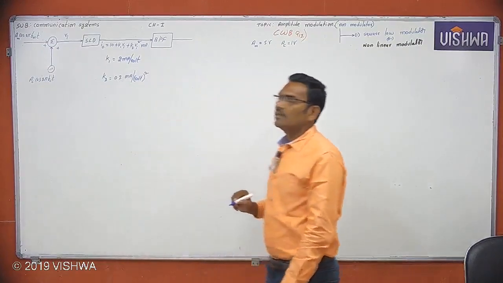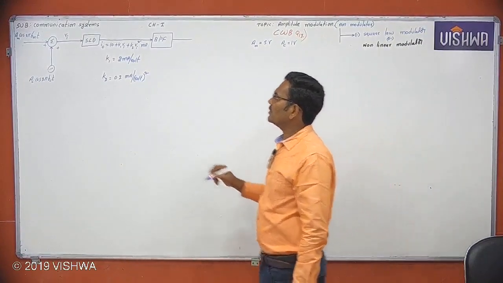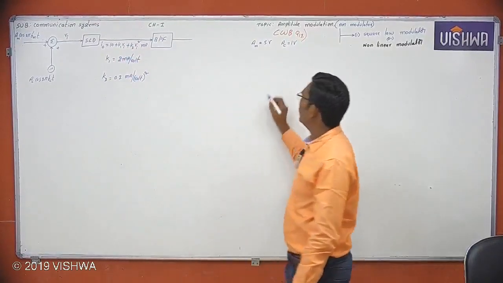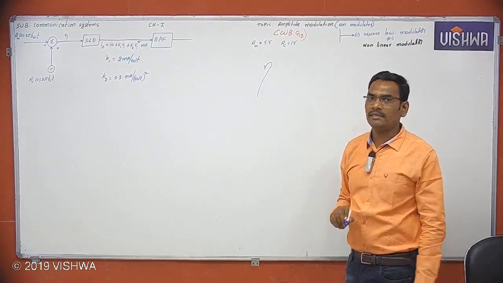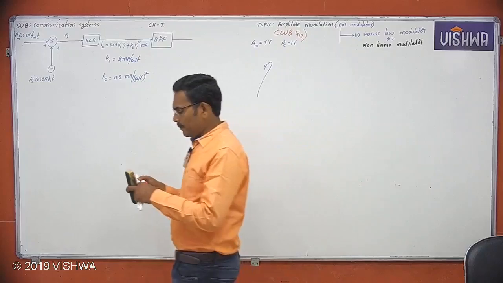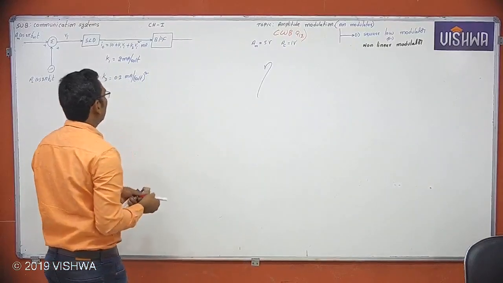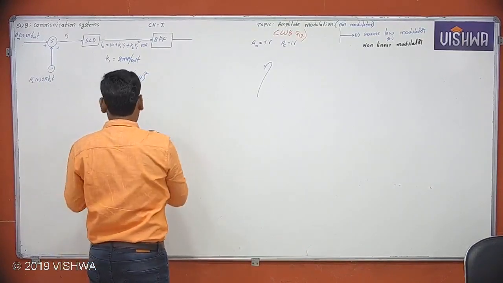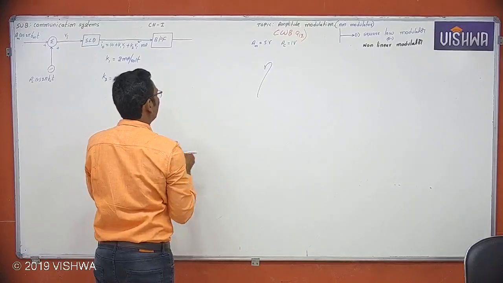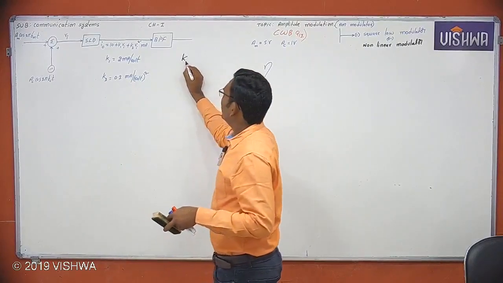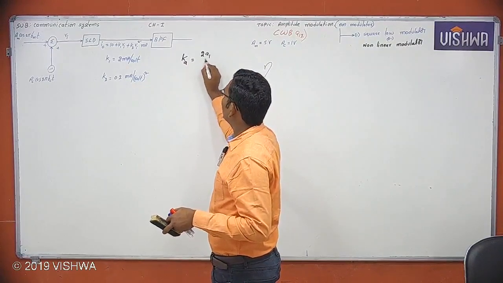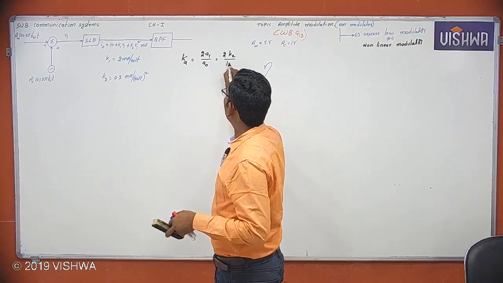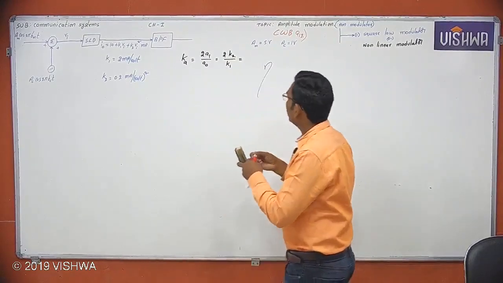This is the output of the square law device, which is equal to 10 plus K1 Vi plus K2 Vi squared milliamp. He is asking to find the modulation efficiency. Now see here how to find this. This is the square law modulator, which we can easily understand. So what is Ka? Follow this shortcut method. Ka is equal to 2A1 by A0, which here is equal to 2K2 by K1, which is equal to 2 into